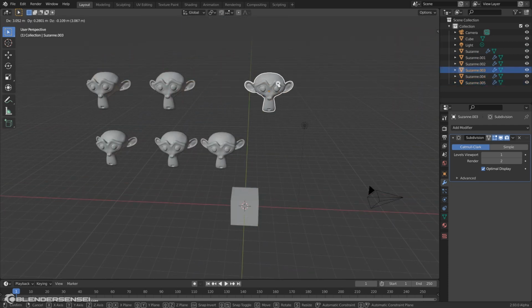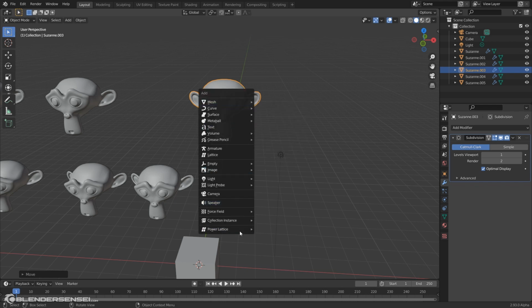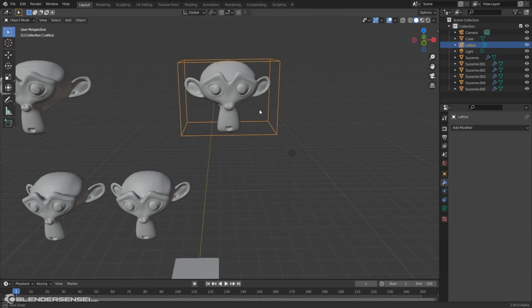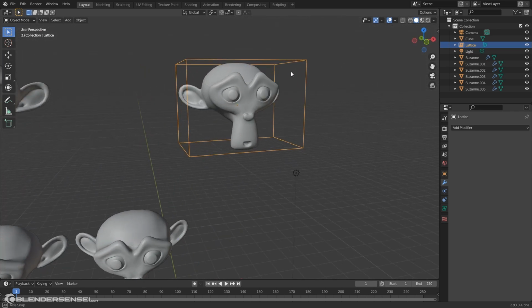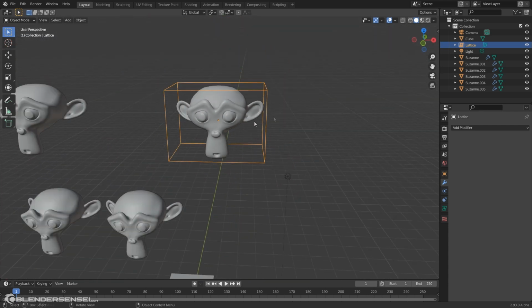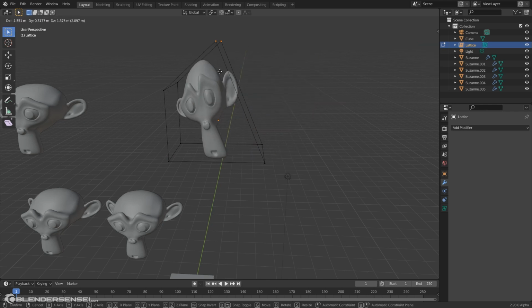Okay, so if we want to add a lattice to an individual object, we just select the object, press Shift-A, Power Lattice, Lattice 3D, and you can see here that the box of the lattice has conformed perfectly down to the nanometer of every side of the selection here. So we can immediately then enter edit mode and begin